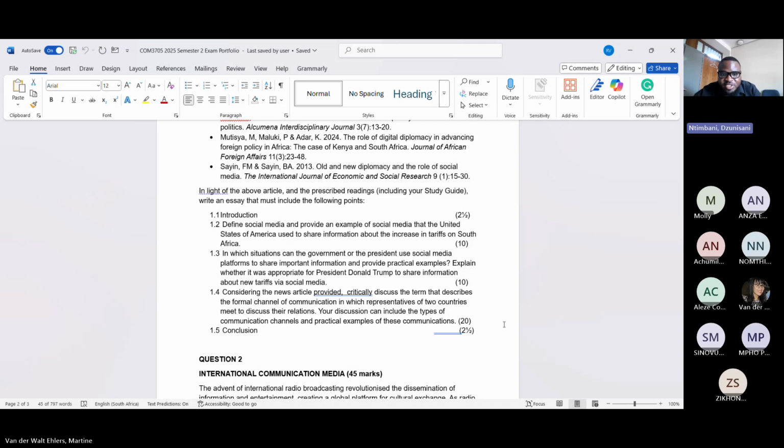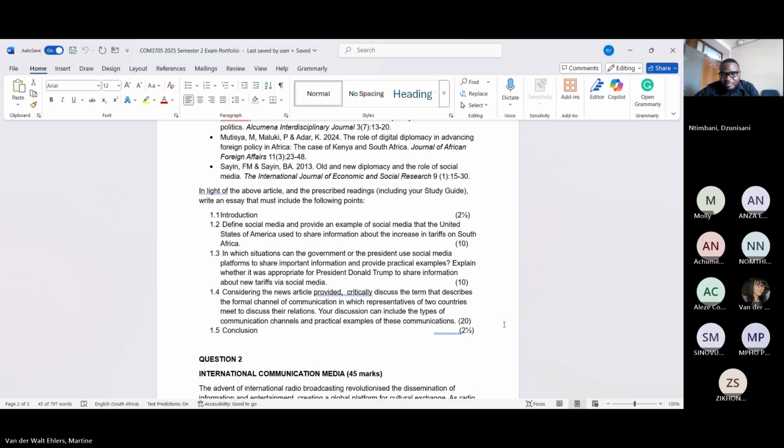The first part of the question requires you to research in which situations the government can share information on social media.